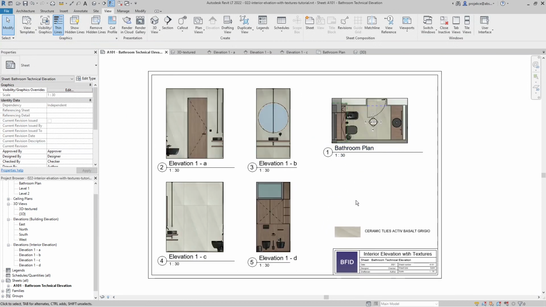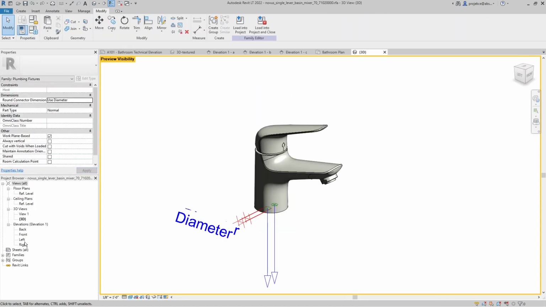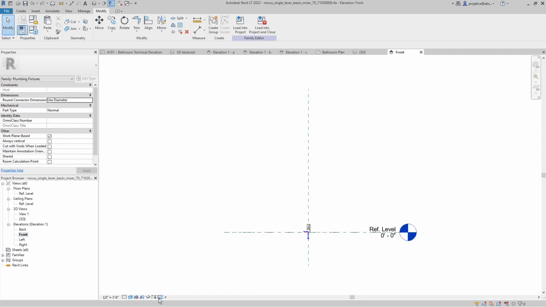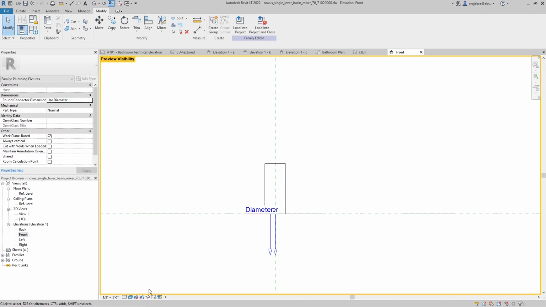It's because lots of Revit families are set up so that in this orthogonal view, in the elevation and in the plan view, they don't show the 3D object with the material, but they actually show something else, and I will show it on this faucet when I go to front elevation, and I go to preview visibility on,